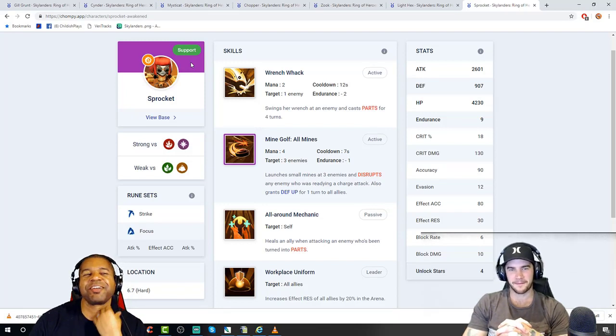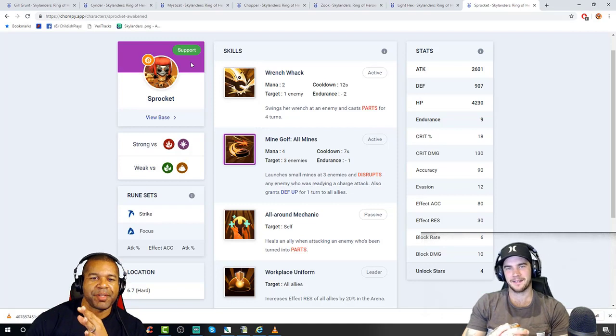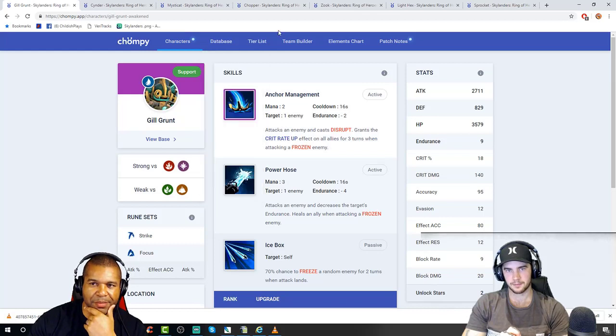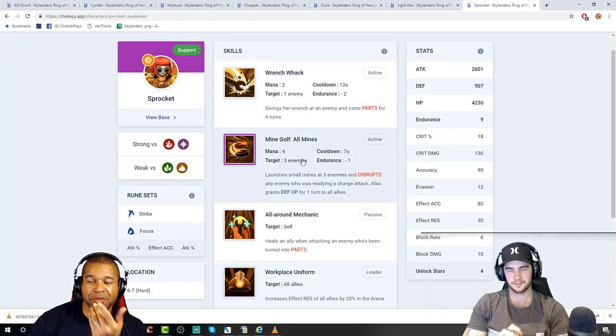Gotcha. All right. So my original thought when I first got into this was Gill Grunt, because, like I said, it's just super easy for everyone to build. It can fit in your team so well because it has so many great things about it. But the one thing that shines is obviously that low mana cost here. But after reviewing Sprocket in preparation for this video, kind of like you stated beforehand, when it comes to